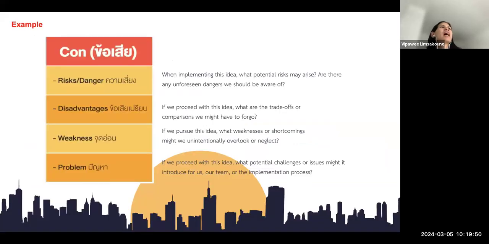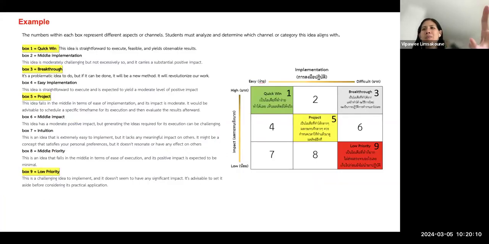Before I move on, usually I suggest to use because if we have 7 idea, then we have to do pro and con for 7 idea, right? So usually I prefer to use another thinking tool, like for example this one, to select some idea first, and then I could use pro and con to decide if I want only just one or couple idea, for example. Okay.